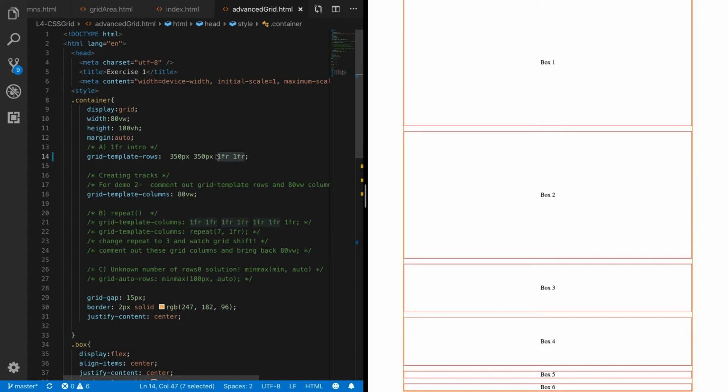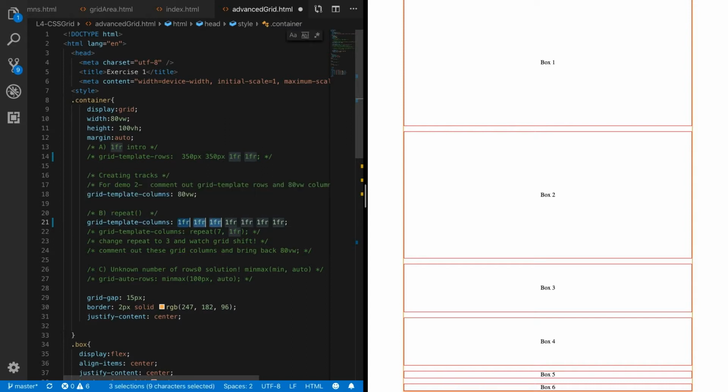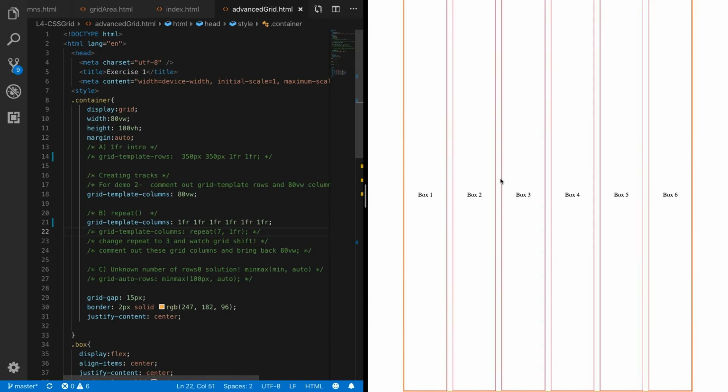But get this. We don't need to use pixels at all. Here, I'm setting up columns, 7 columns that each use 1FR. 1, 2, 3, 4, 5, 6, 7. I'm going to take away the 7th because now we only have 6 elements. But this is saying to divide up evenly 1FR for each of the columns. So here we can see now we have 6 equal columns coming across our boxes.